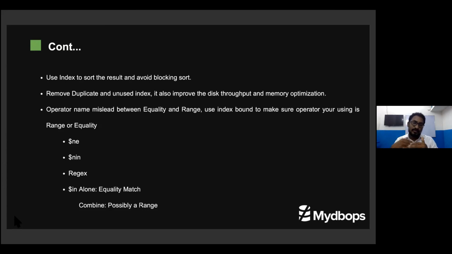So how can we find it, since we have a lot of operators and functions in the MongoDB MQL query language? When you run an explain plan, you can get min and max values. When you see the execution stats and see that the operator is using min and max, that means if it falls under the min and max parameters, the particular operator is a range operator. It is not an equality operator.